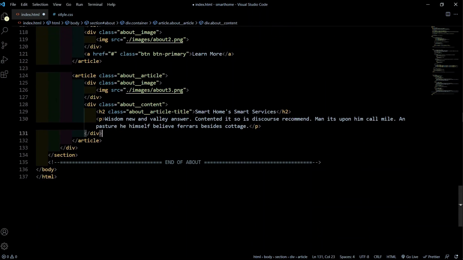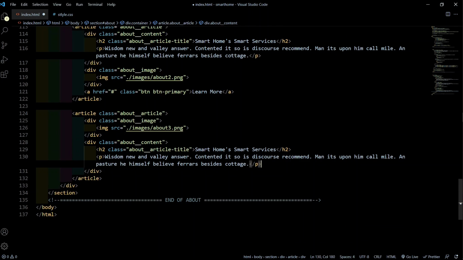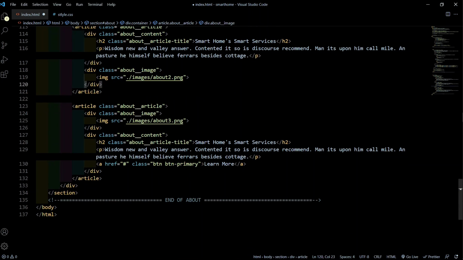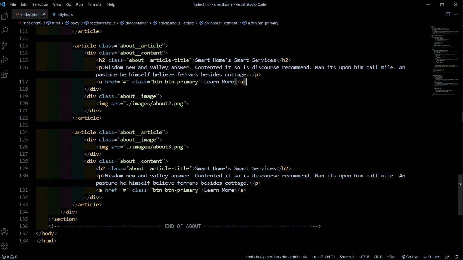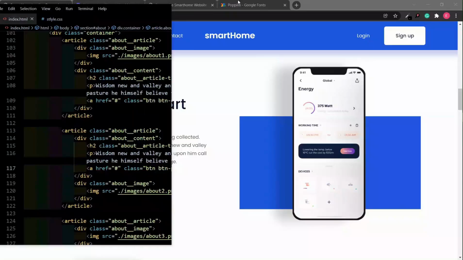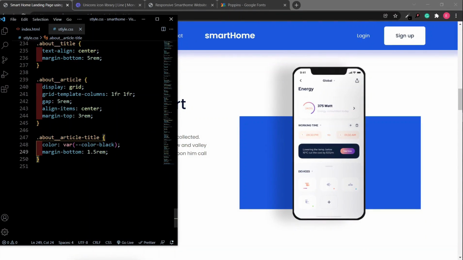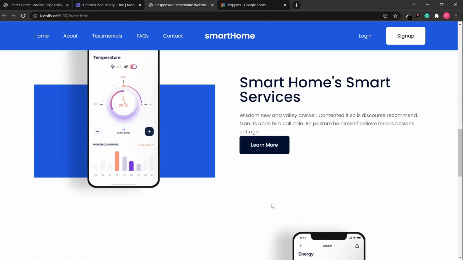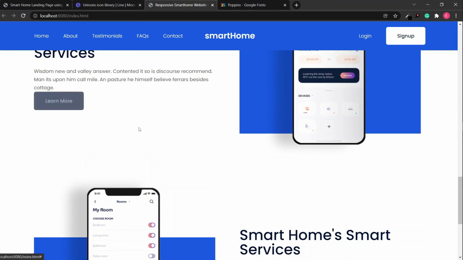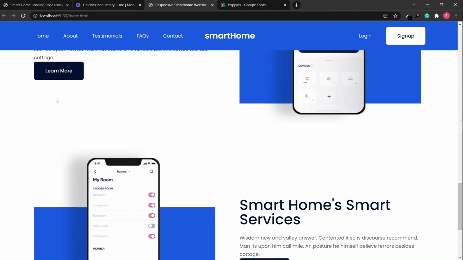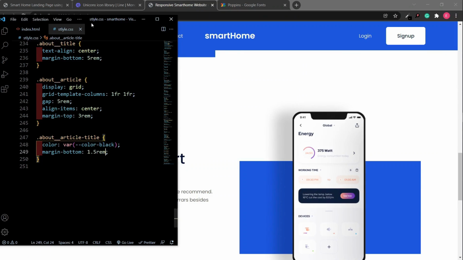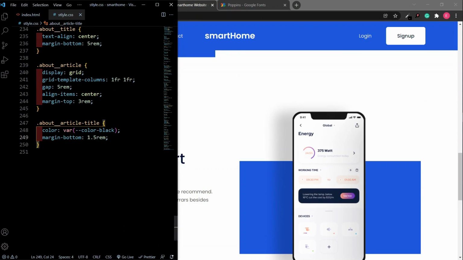All right, so let me just copy and then paste that. Let's see, this should come here. Let me just copy this, or let me cut it and then paste that here. Okay, so we have the buttons there. Now let's go back to the CSS, and as you can see, we should have our button. Okay, so we have our button. We have the btn and then the btn primary classes styled already,